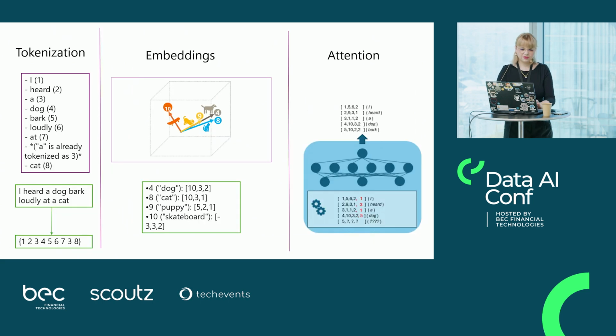And the basic concept, if you would like to better understand language models, is first of all tokenization. Tokenization is converting language into tokens, so into numbers, right? Because a computer doesn't understand text. We need to translate it to numbers.